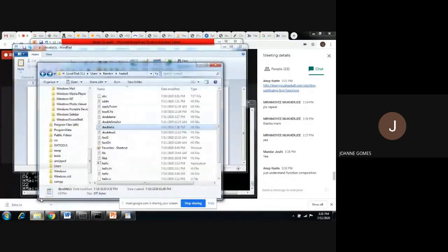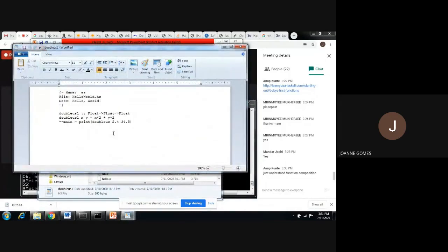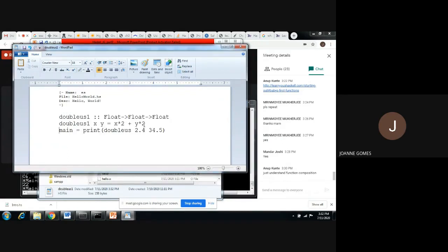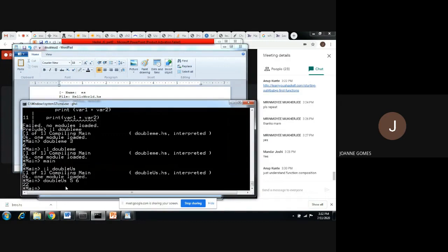Okay, let's see one more function. The same function I have written for float. So you can see here instead of integer, you need not run it. You just run it from here. Okay, and I can either call it in the main, or I'll just call it in the main. So the function name is double us1. So I'll just go back, load that function.